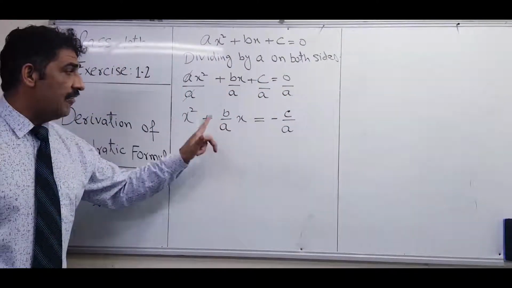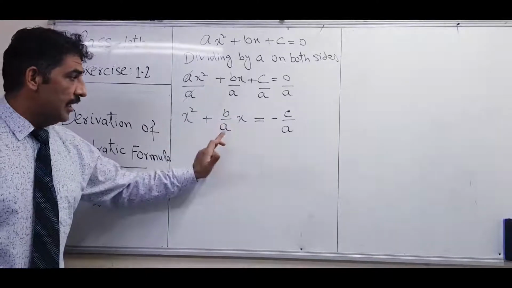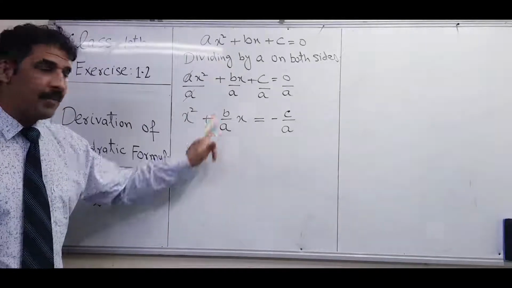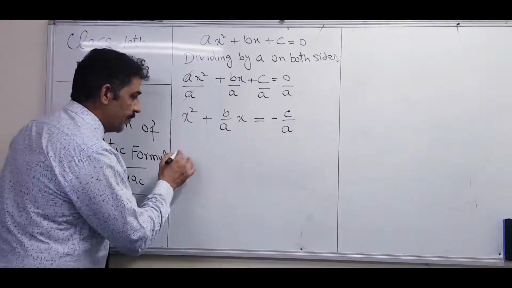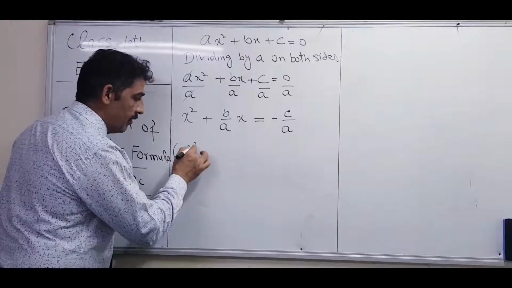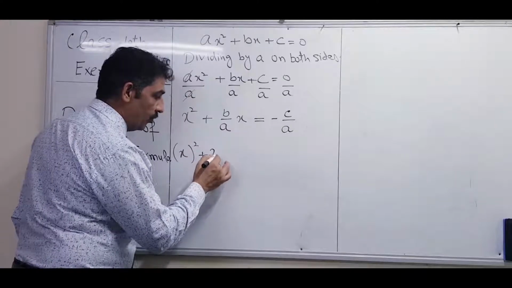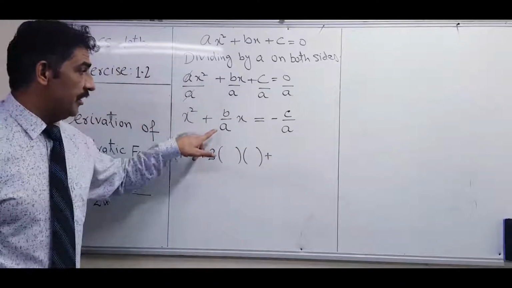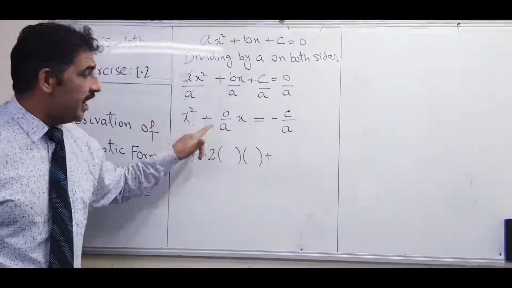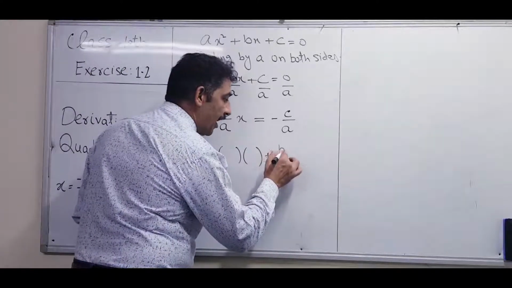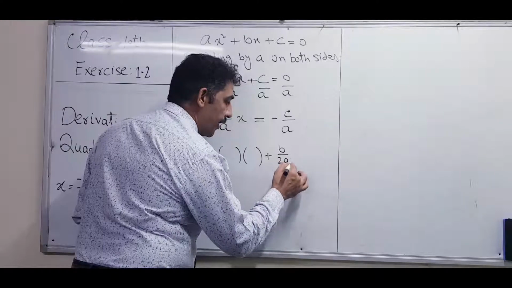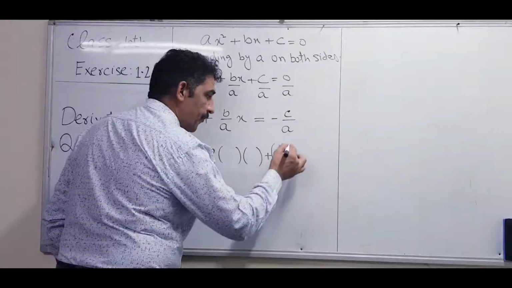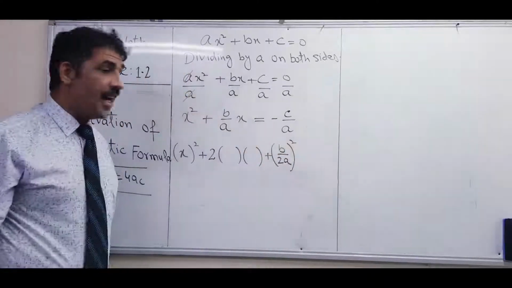Good. Half of the square of the coefficient of x is added on both sides. First we multiply by half. So how do we write it? x plus, make this bracket empty first, then we will fill it. What is half of b over a? When you take its half, multiply by half, it becomes b over 2a. Half means 1 over 2. So it's squared. Like this, add on both sides.